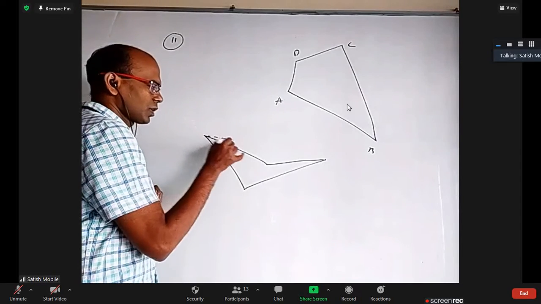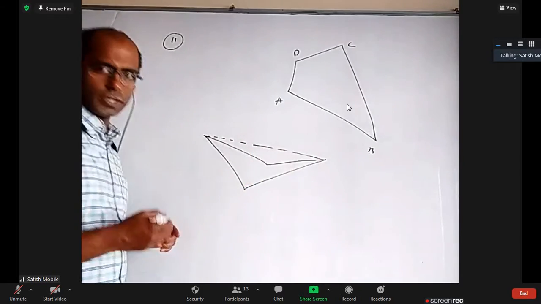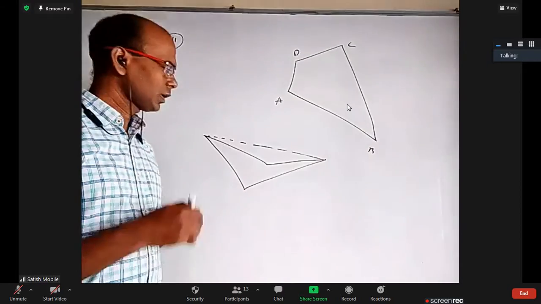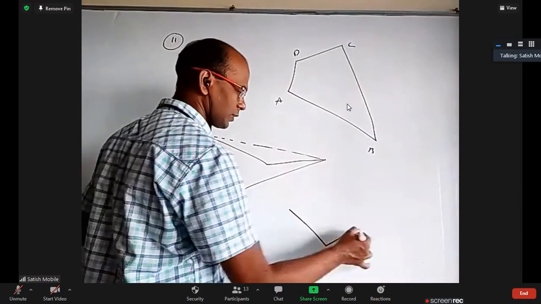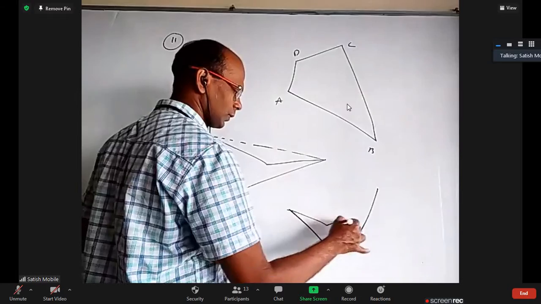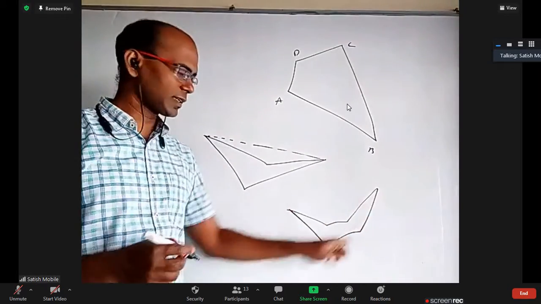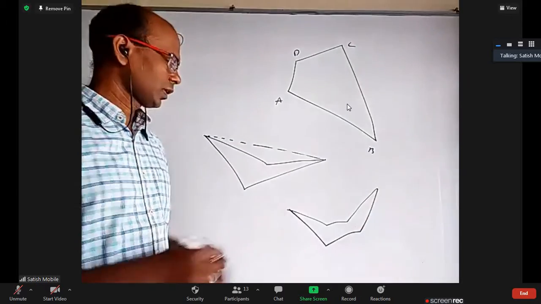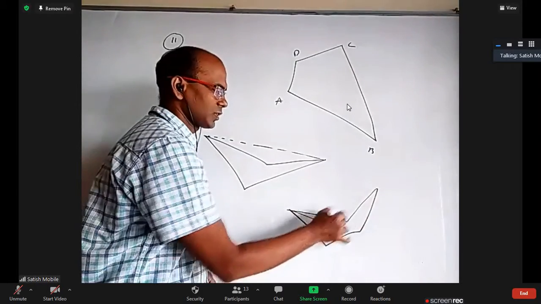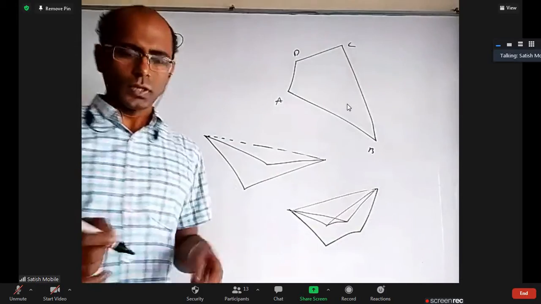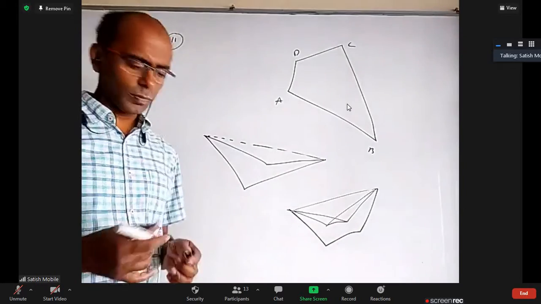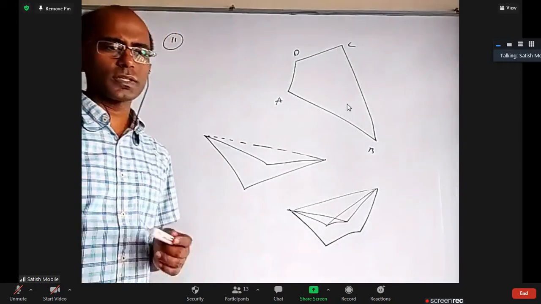That is because one of the diagonals of the quadrilateral is outside. For example, if I take something like this, it is also a hexagon. I'm not saying regular hexagon, but it is a hexagon because there are 6 sides. But this diagonal is outside the hexagon, this is outside, this is outside. They don't exactly follow some of the properties that we generally talk about for polygons.